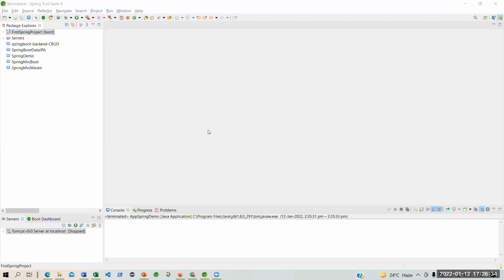Okay. So I will open this one. A similar structure to what we have done, but the name of the project is different: First Spring project, which is a Spring Boot project. I will go there.